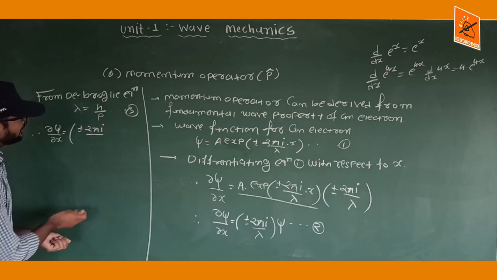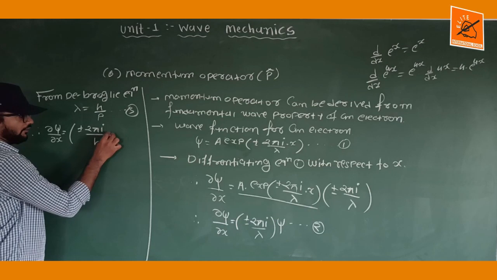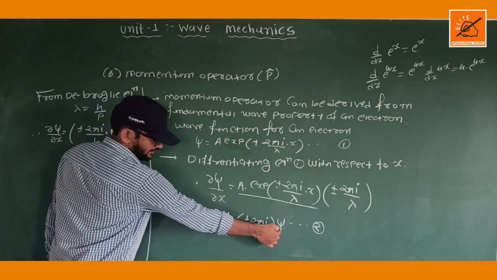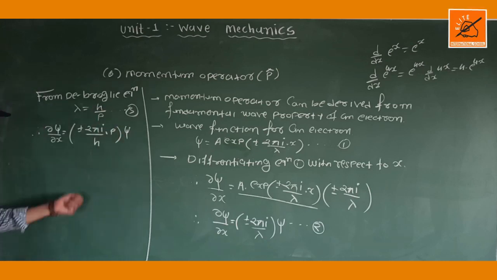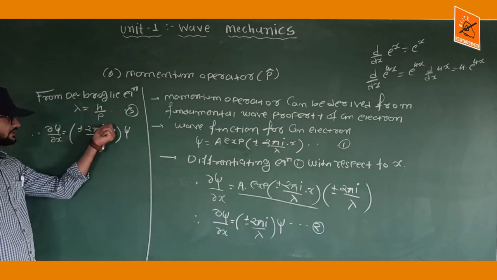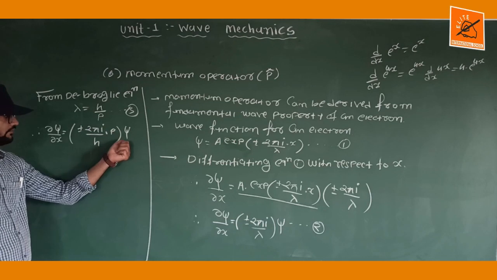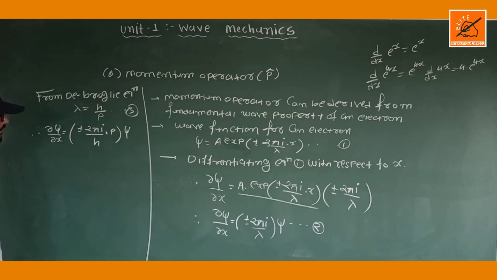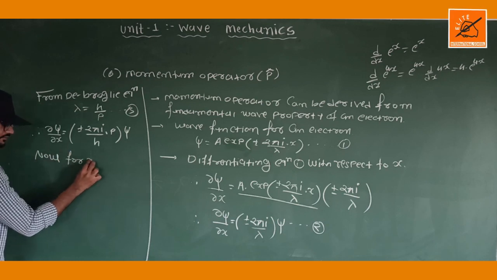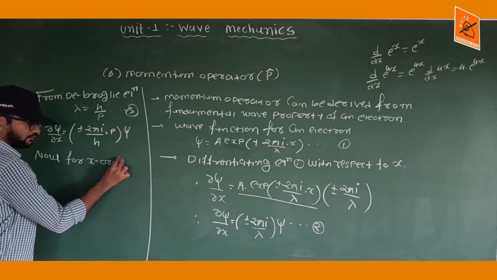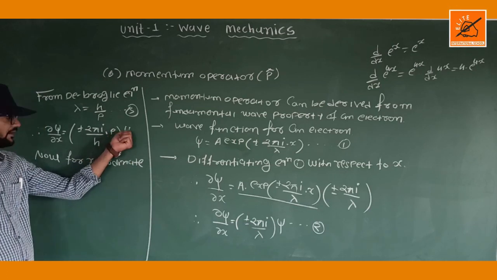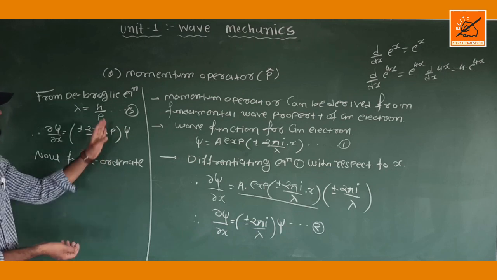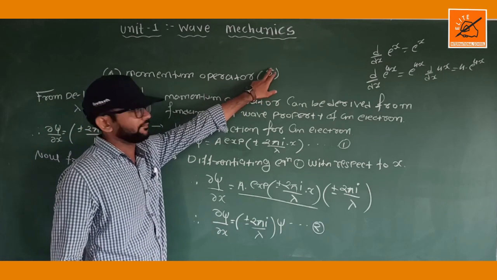Okay, so it will become x upon p and sin remains as it is. So d sin upon dx is equal to plus or minus 2 pi i into p upon x into sin. Okay, so now for the x coordinate, here p is the general momentum, but momentum in operator form is p cap.